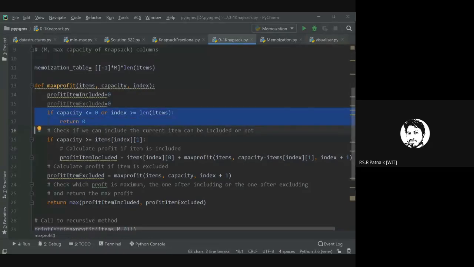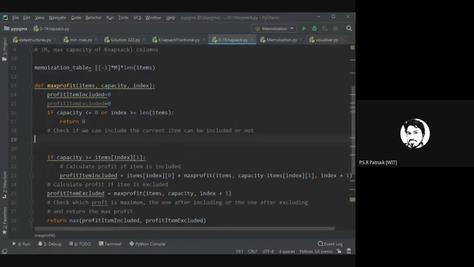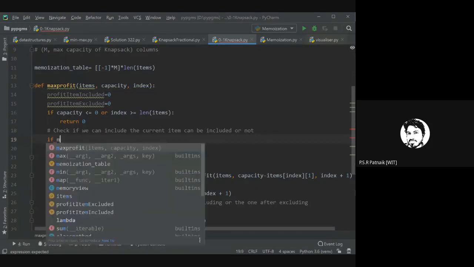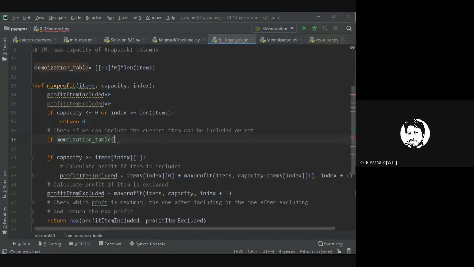Here I don't want to do any computation, so I'm ignoring. So if I ignore that, this is what you should do. What's the first thing? If memoization table of what I'm passing here, what is row and what is column here, memoization row I need to take.